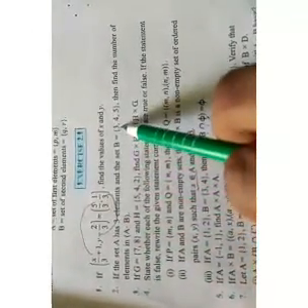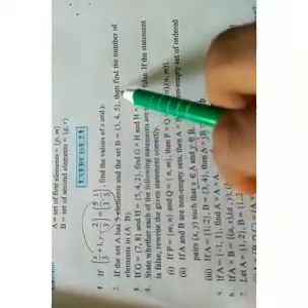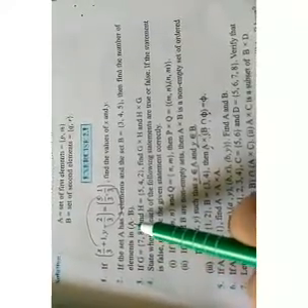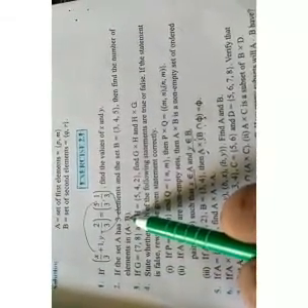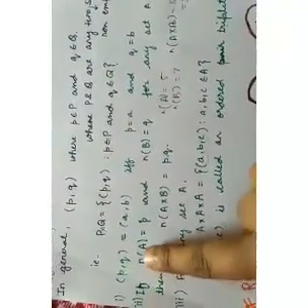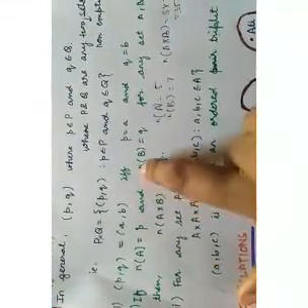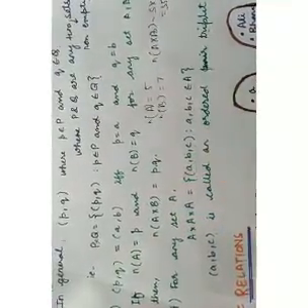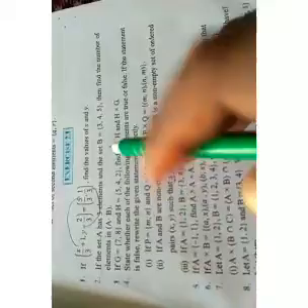Question number 2 says that if a set A has 3 elements and a set B has 3 elements, then we have to find the number of elements in the Cartesian product of A and B. So I have told you that the Cartesian product of A and B will have 3 into 3, that is 9 elements. How? If we have p terms in set A and q terms in set B, then their Cartesian product A cross B will have p into q terms. Here the first set has 3 elements and the second set also has 3 elements. So their Cartesian product will have 3 into 3, that is 9 elements.